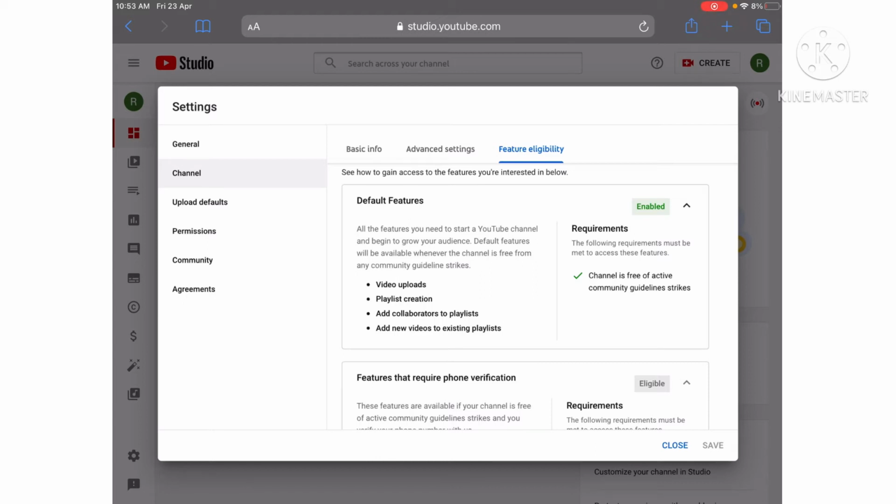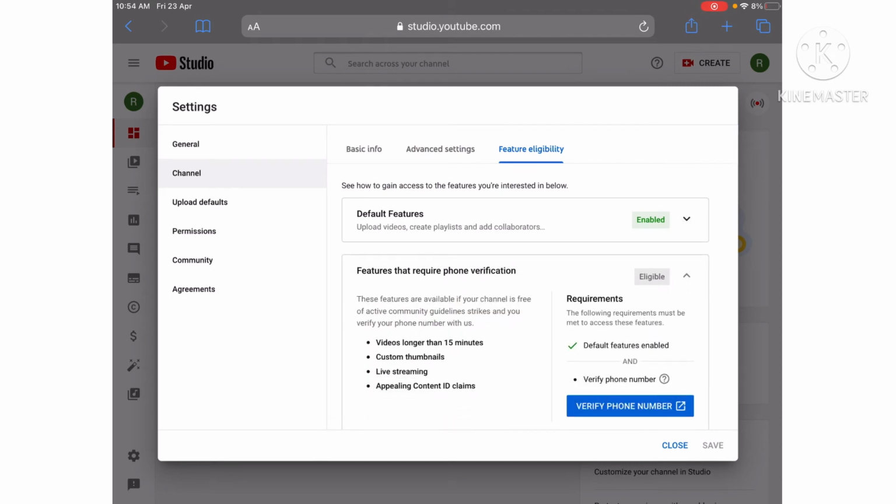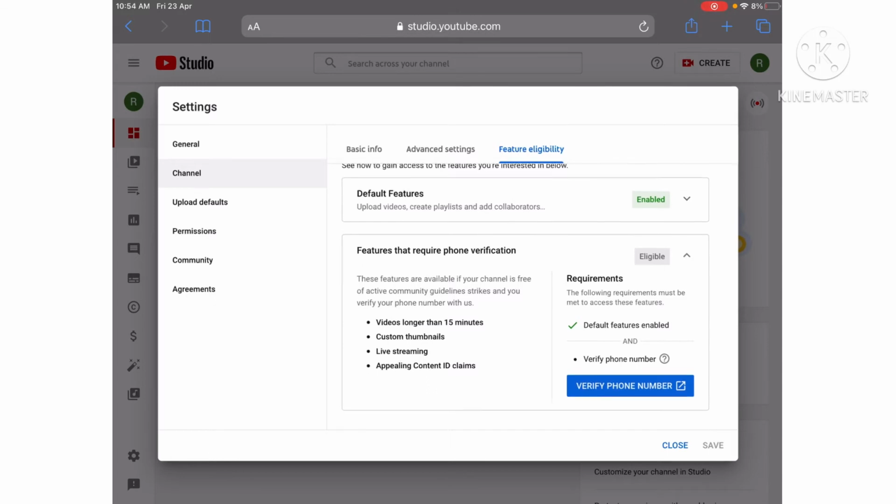Default features will be available whenever the channel is free from any community guideline strikes. You can upload videos, you can create playlists, you can add collaborators to playlists, and you can add new videos to existing playlists. Now, you didn't have to tap on default features, but I just wanted to tap on that for the benefit of you. So what you want to do from here is tap on verify phone number,